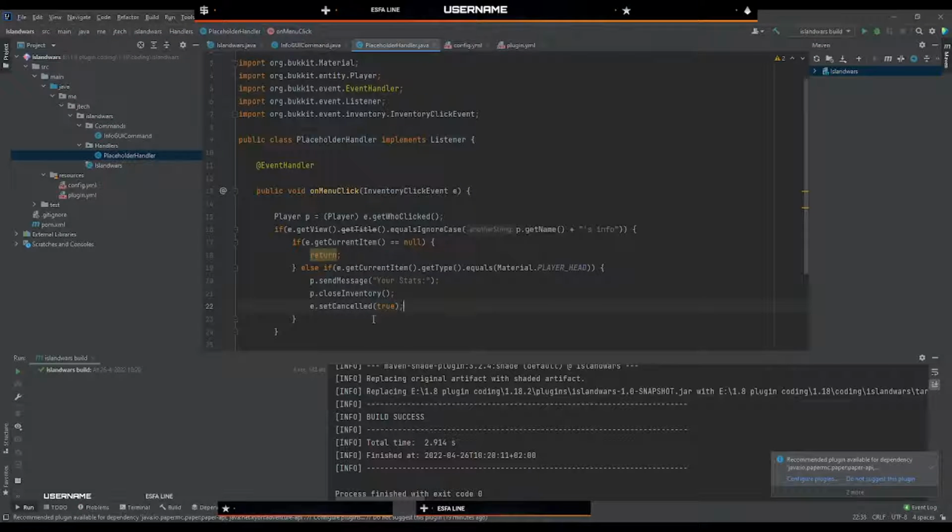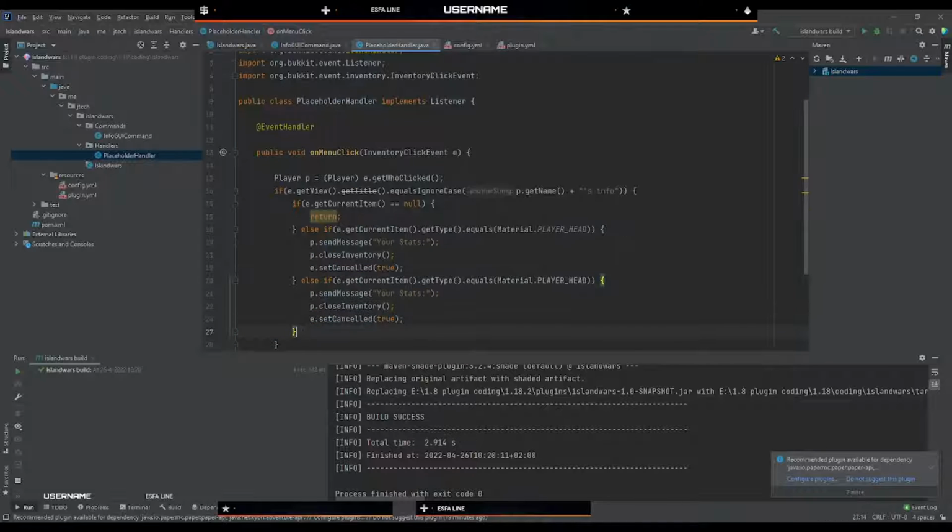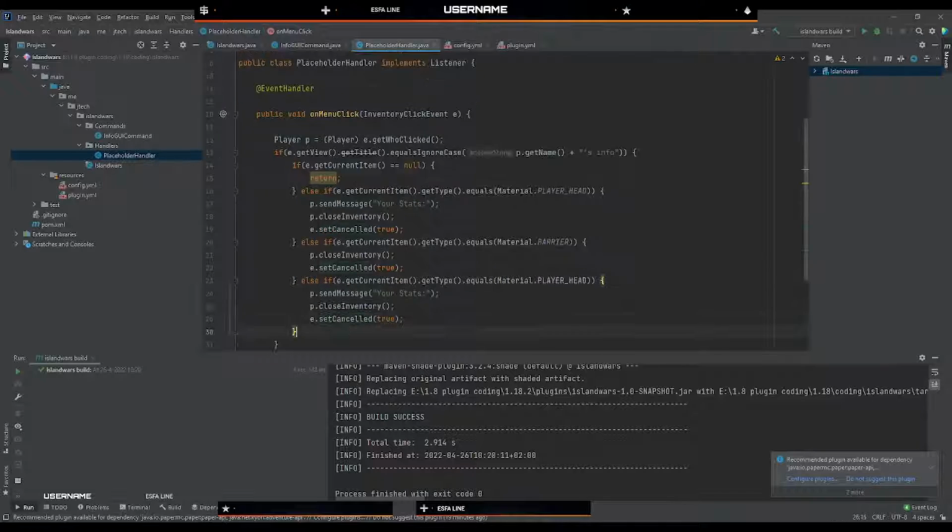And then we're just going to copy this code, and we're going to paste it again. Then instead of player head, we're now going to do the barrier. And in the barrier, we're just going to do close inventory as set cancelled. And then we're going to do that again, and then we're going to do that for the spyglass. And then for the spyglass,